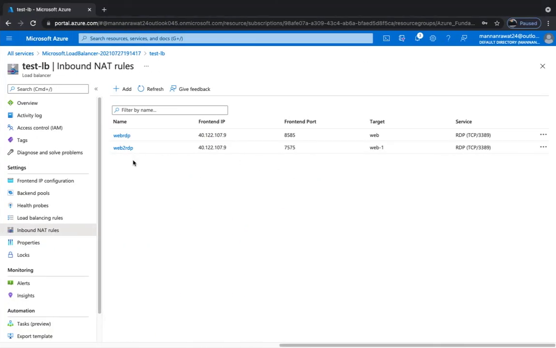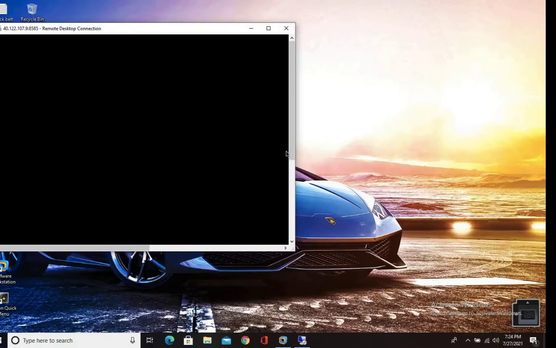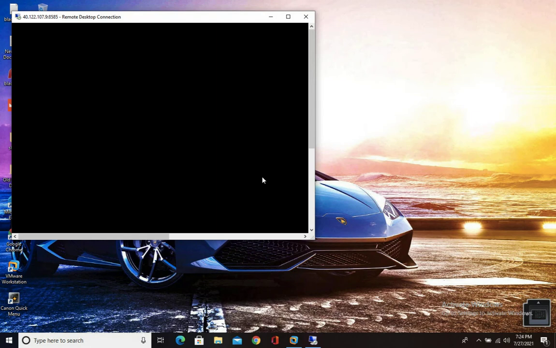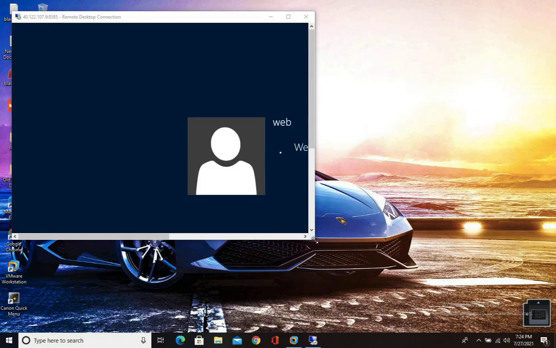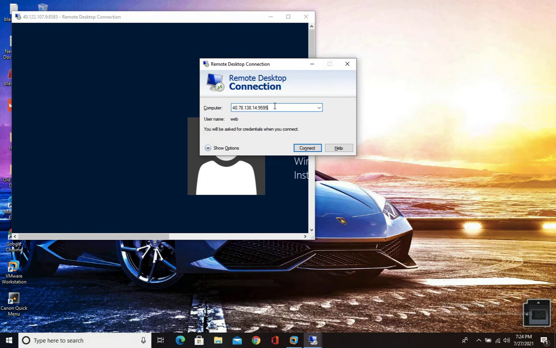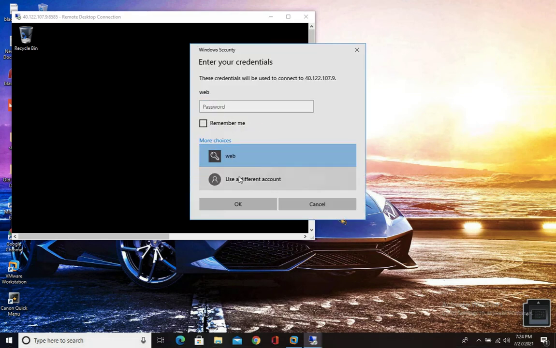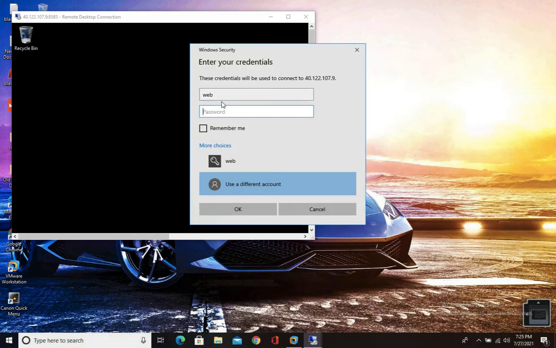Okay, both virtual machines are added successfully in the NAT rule. For the second, 7575, you must use the same IP address but add a colon and type 7575. This was the first virtual machine's RDP. In MSTSC, as it is, change the port after the colon: 40.122.107.9 colon 7575. Click on it, username web and password.